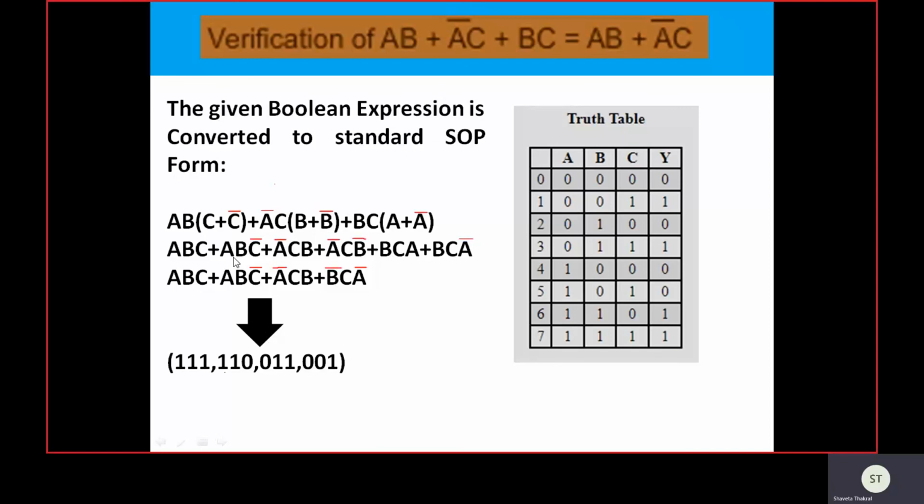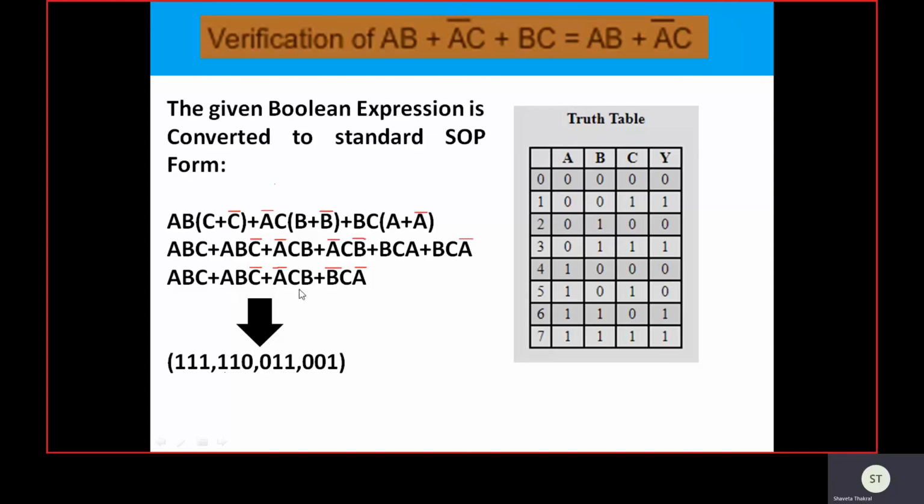Then the second term is ABC complement. This is A complement CB, and this is A complement B complement C, and this is again a redundancy, so we have avoided it. Finally we have 4 product terms in the expression. This is the standard SOP expression.